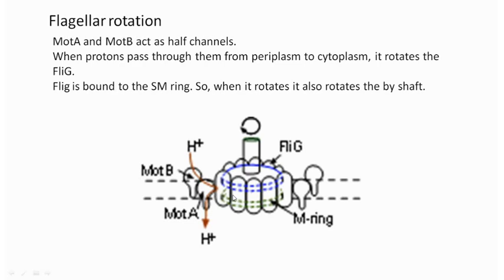So these two, MotA and MotB, act like a half channel, and in between is this FliG protein. Each of these three has to be aligned in a way, and for alignment, when one proton passes, because of the motion this will rotate further and it will disalign. So to align again, the next flagellum has to come to take the same position,